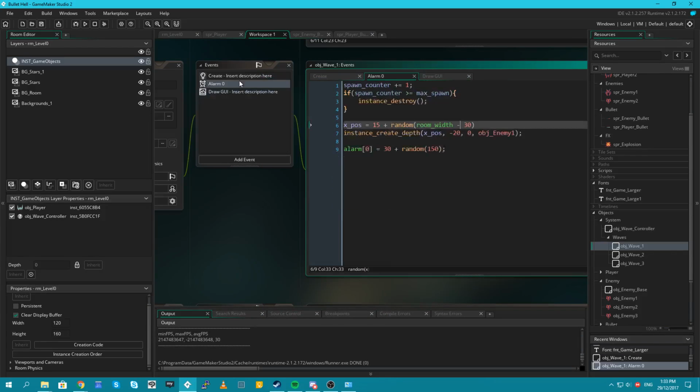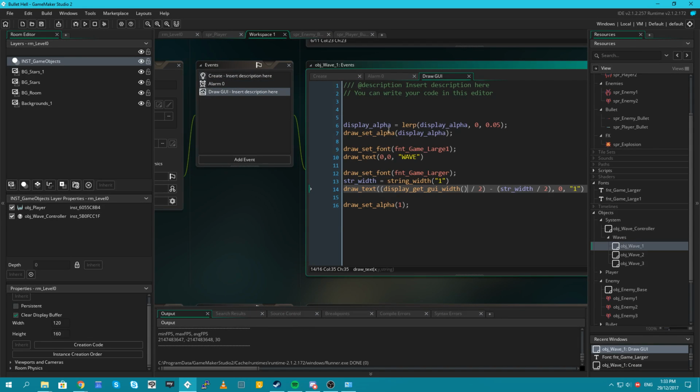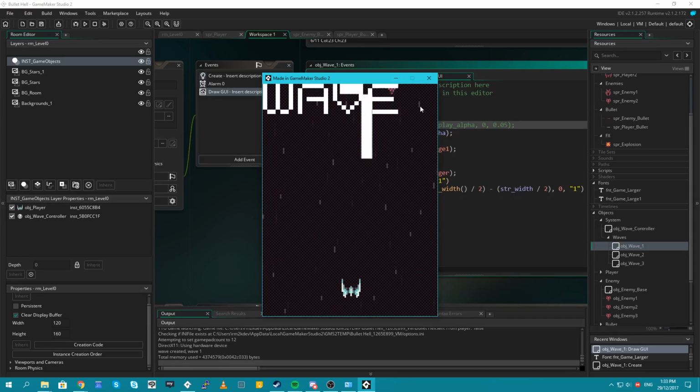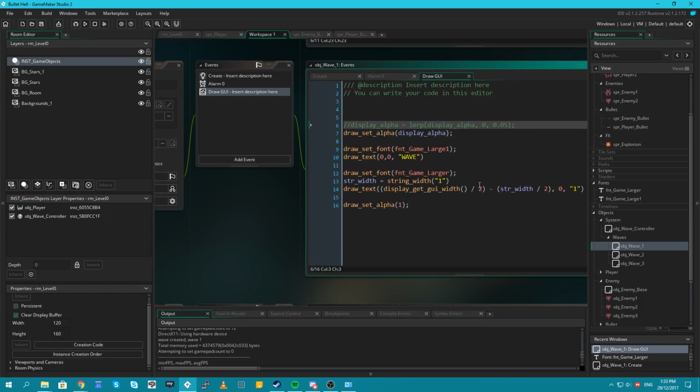That's better. And then let's turn the lerp off so that it's always large, so we can actually see what it's doing before it goes away. Wave 1. Right, so that is... Yes, that is centered.